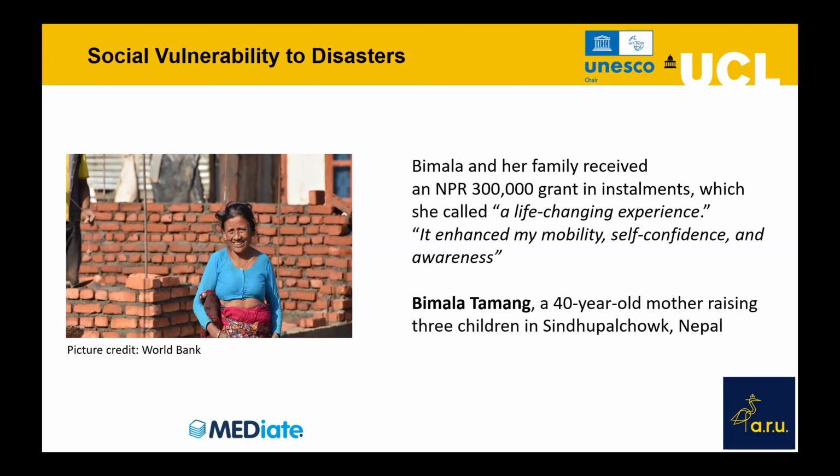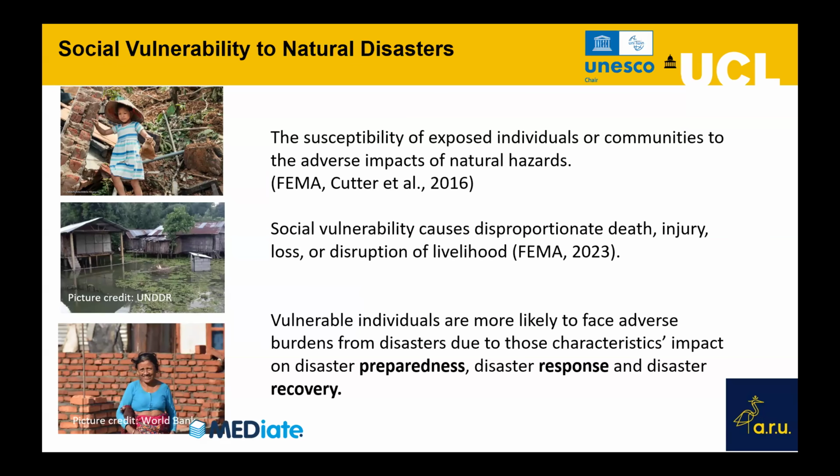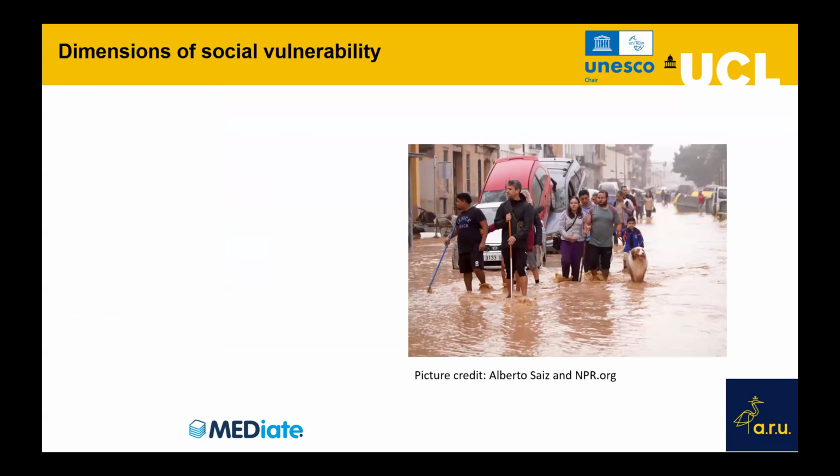So these three stories nicely lead me to explain what social vulnerability is. The definition of social vulnerability is the susceptibility of exposed individuals or communities to the adverse impacts of natural hazards. So social vulnerability can cause disproportionate deaths, injuries, or disruptions. This can impact their ability to prepare for a disaster, their ability to respond to a disaster, or act during a disaster, and their ability to recover from a disaster. So yes, we all know about this. So let me explain a proper list of